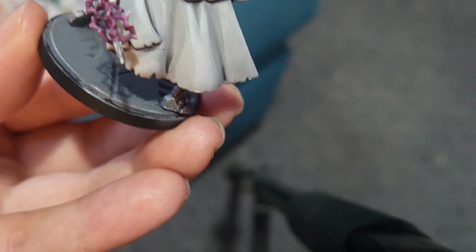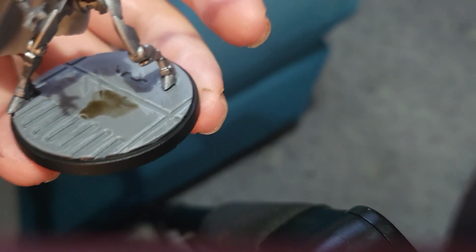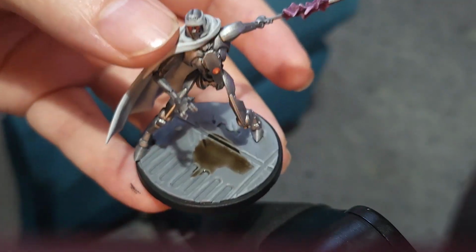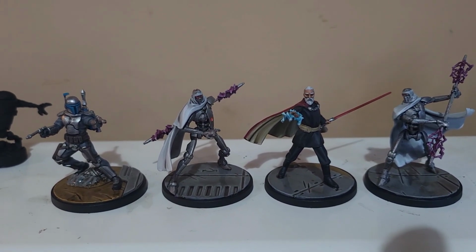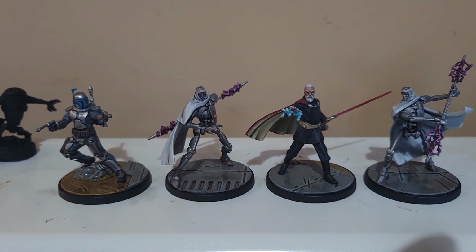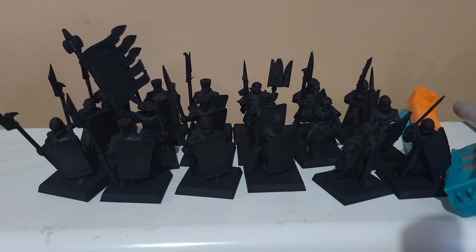As ever with Atomic Mass stuff, they're really fun to paint. I absolutely love painting these models, and I'm trying to get the backlog for Star Wars Shatterpoint and Crisis Protocol out of the way so I can start buying some more. As it's a Saturday, I didn't really have as much time as I normally would, but thankfully these guys are done, dusted, video got recorded and went up, so I got to start the next project,